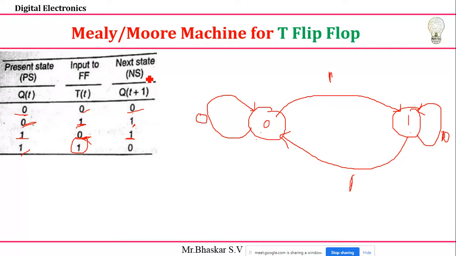Next thing, I want to write the outputs, right? Just see the output. What output will I get? First output is 0. Just write 0 bar 0. And second output is 1. You write here 1. Third output is 1. Yes. Now 0 bar 1. It is the third one I got. Fourth output is 0. Yes, 1 bar 0. So this is the way of representing Mealy models. In the Mealy models, I represent the outputs in the arcs. Clear?